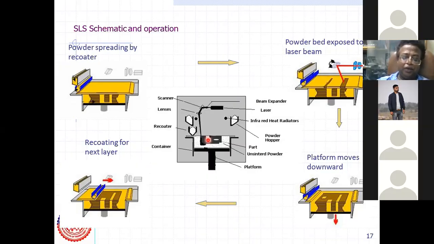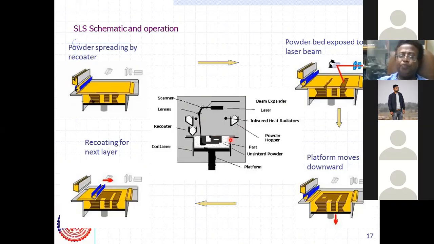That's why when you are depositing some metal, this chamber will be maintained with a helium or argon kind of inert gas atmosphere, so that there's no reaction with the air.